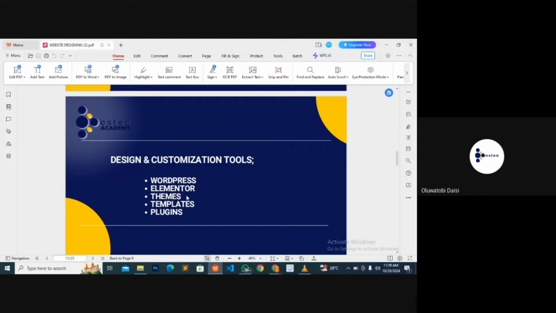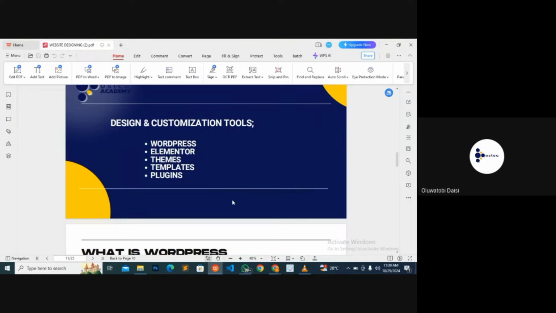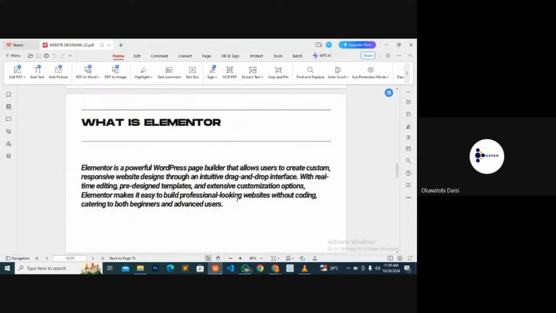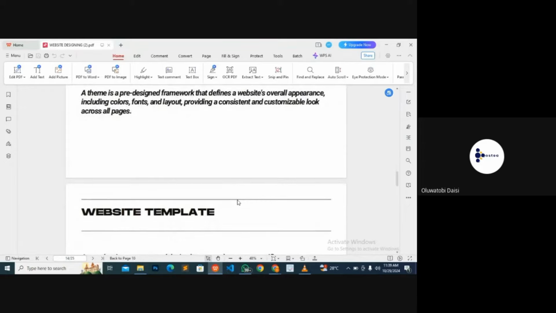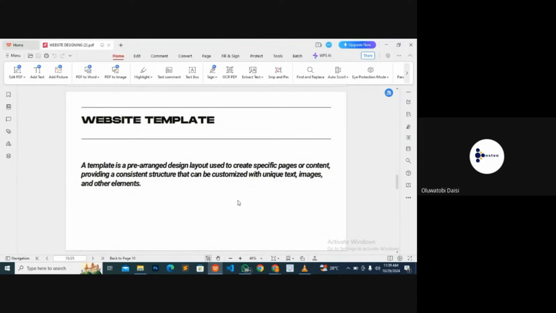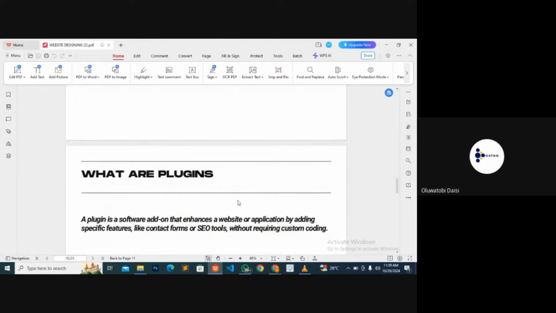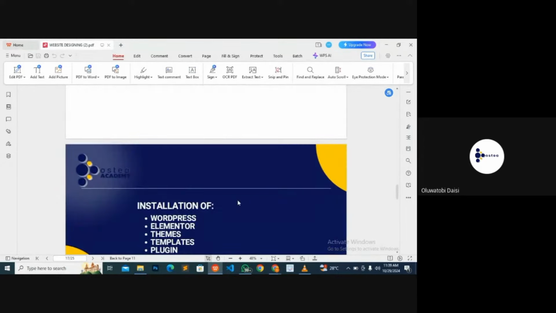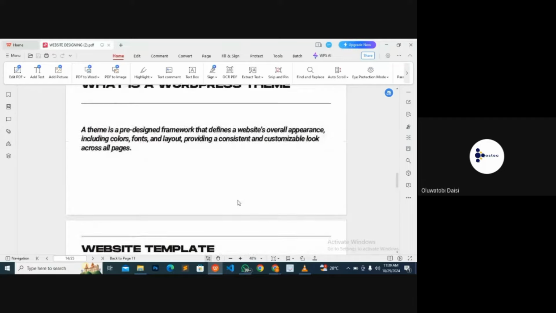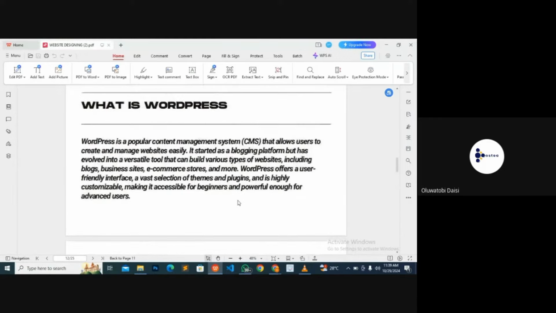For the theoretical aspects, we are going to be addressing design and customization tools. After that, we'll go into buying our hosting and domain, and from then we go into full practical on how to design a website. So just permit me tonight to deal with design and customization tools.